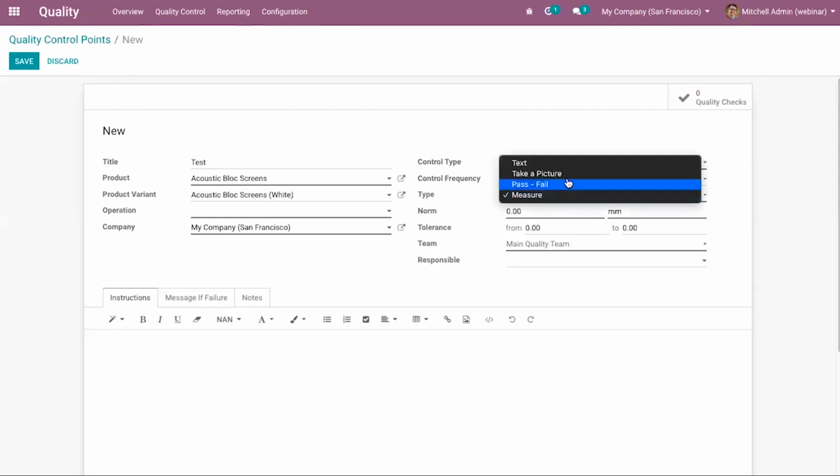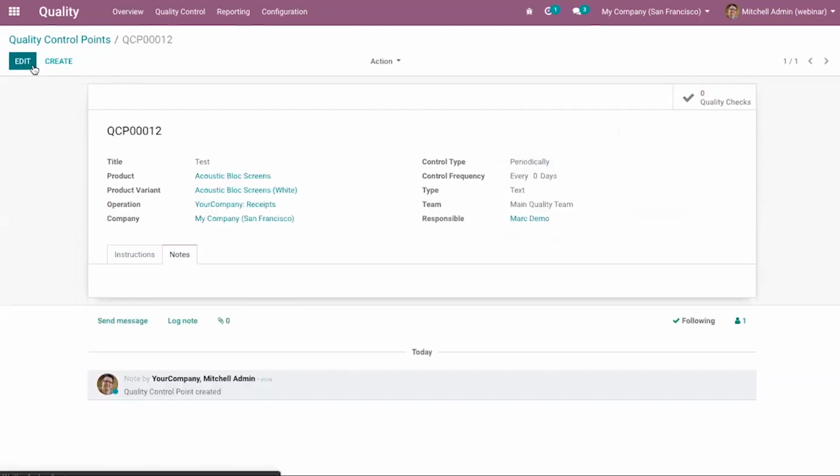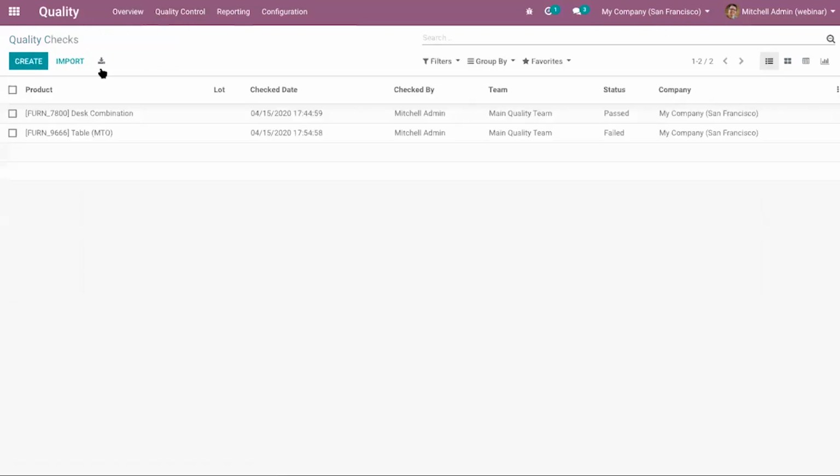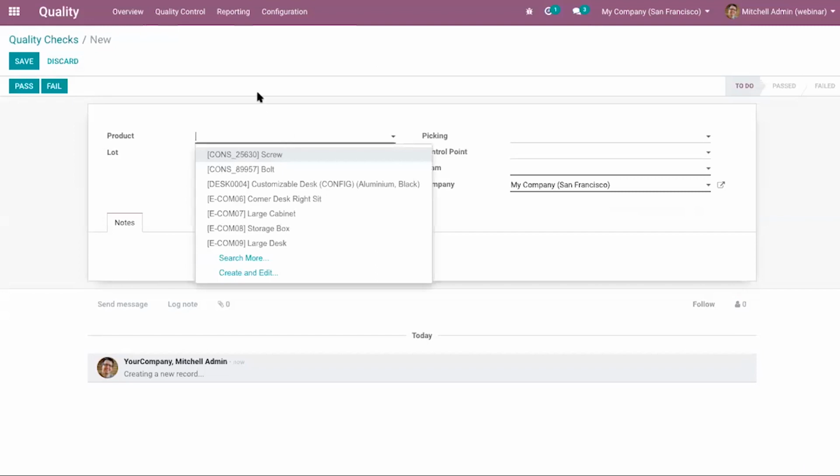So I'm just providing text here, not demo. Then we have instructions and notes. I'm just saving this one. Okay, operation types. So I have created the quality points. The next is quality check. So I'm creating a new quality check. The product which I